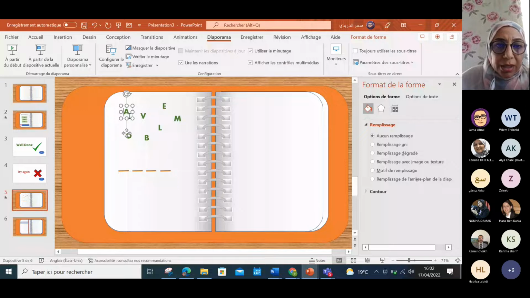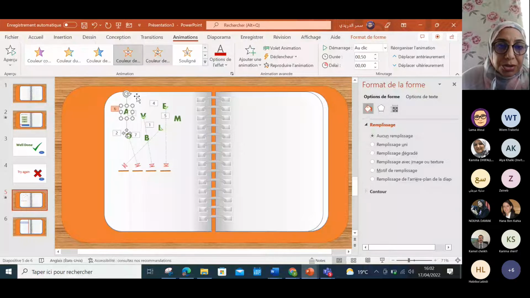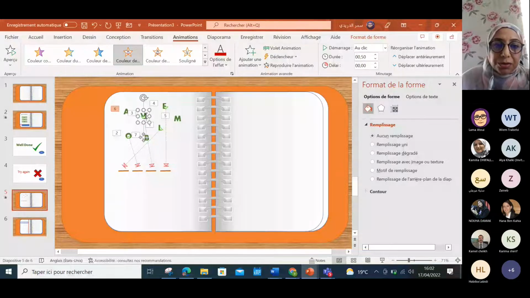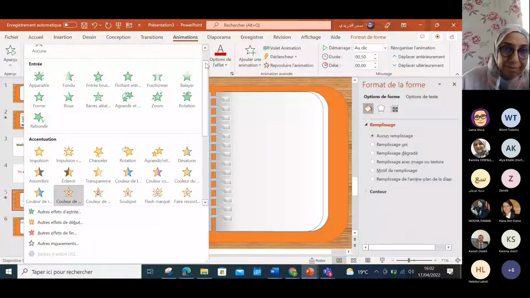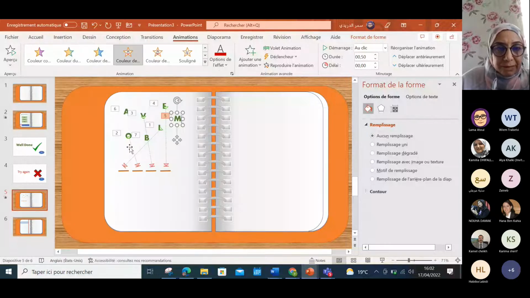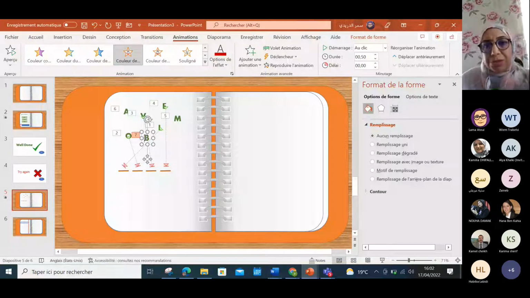So A normally turns red. V moves. M turns red. B animation